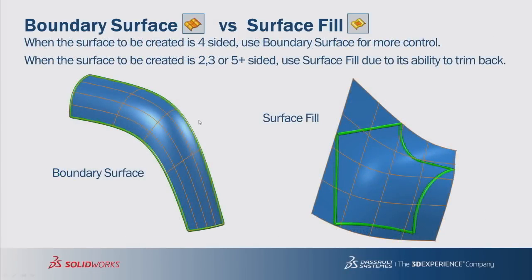So when do we want to use the boundary surface? We want to use the boundary surface when we have a nice 4-sided or 2-sided. Really, we want to generate 4-sided geometry ultimately with the boundary surface. Surface fill, we want to use it to get ourselves out of tricky situations when we have 2, 3, 5-sided